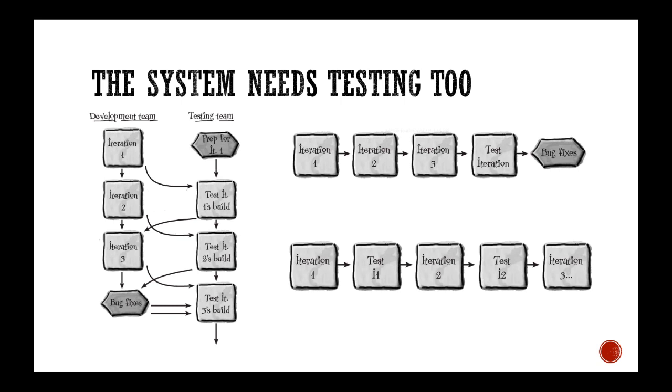Now, if you don't have a full test team, you may have some other ways to do this. An example is the one at the top right. You work through many iterations and then you integrate a test iteration. Maybe you do this every 3 iterations, every 2 iterations, every 5 iterations, but you have an iteration completely dedicated to testing to find any bugs. This is typically used by smaller teams that don't have access to full test teams. If you have lots of time and lots of money, you may in fact alternate development and testing iterations like we see at the bottom right. So there's lots of styles to accomplish this. There's not one correct answer. The right one is the one that works best for you and your team or teams.